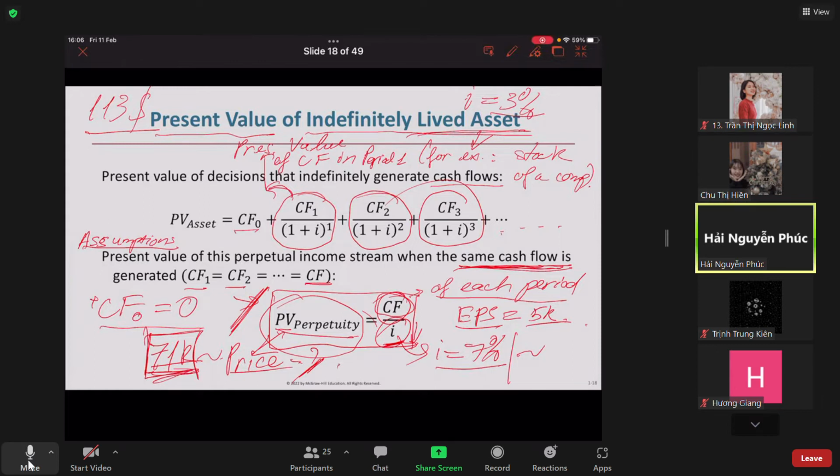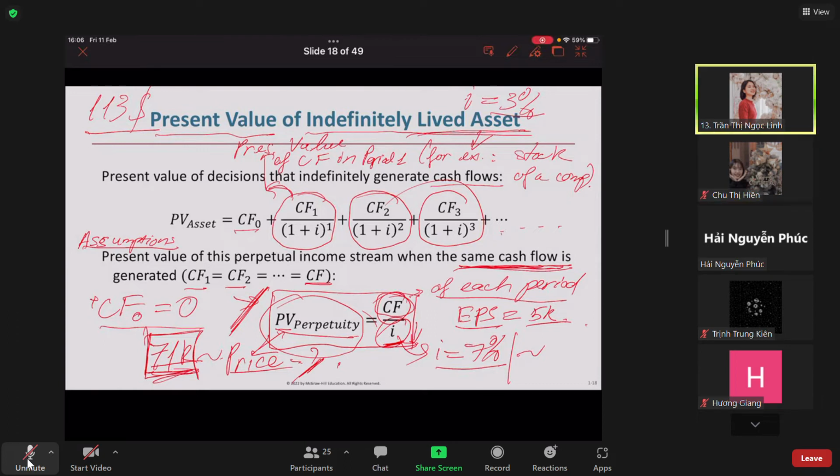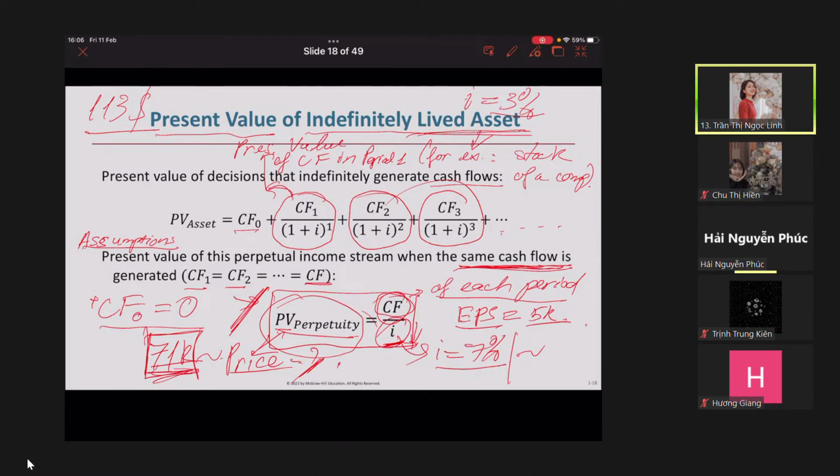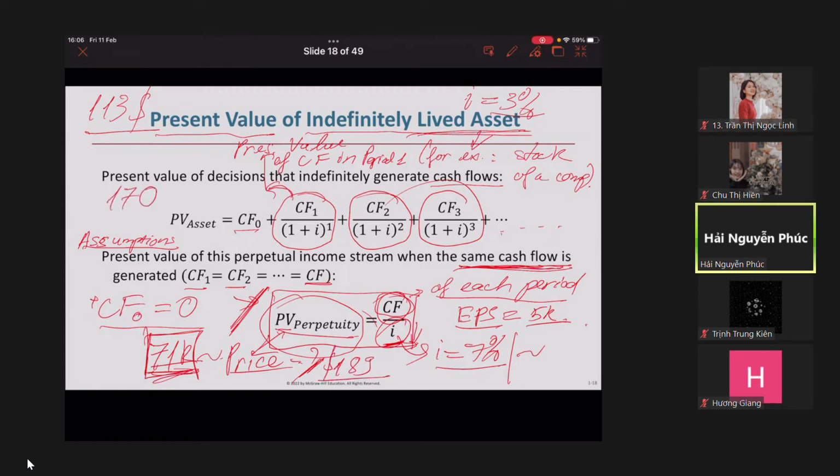$200. I don't believe that it should be. It's 189. Yeah, 189. Okay, so you can see that if the current price is 170, then by using a different interest